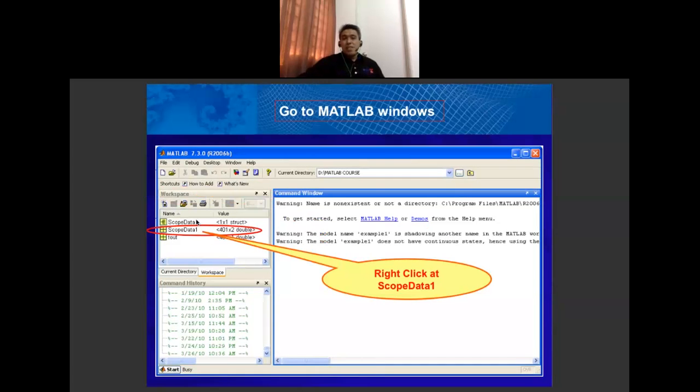Let's say your scope name is scope data 1. So just right click at scope data 1. If you renamed it vout or is, you just right click at vout or is. For this example, just right click at scope data 1.